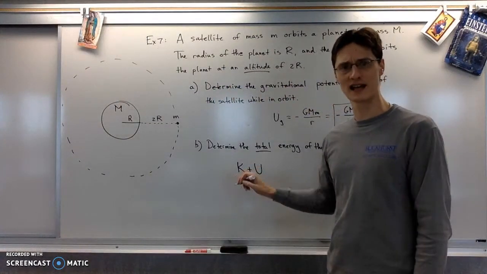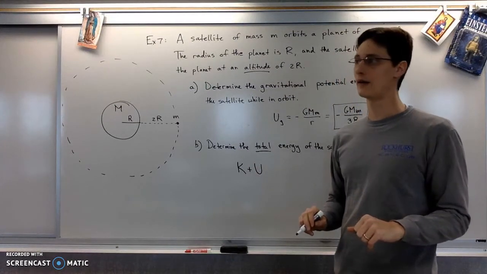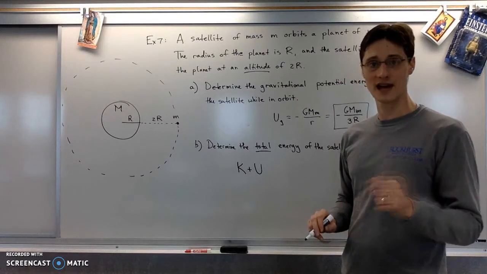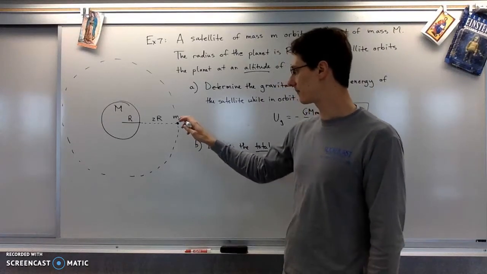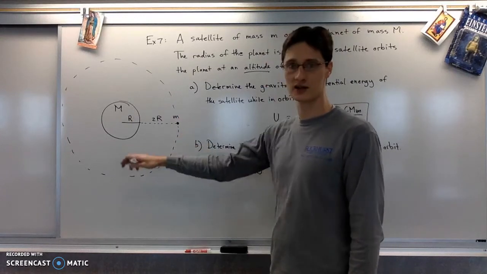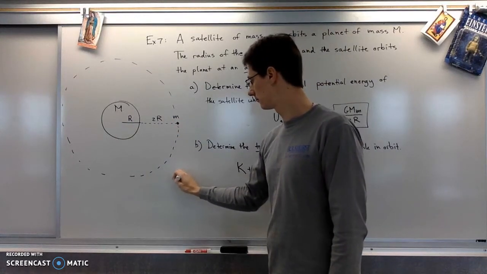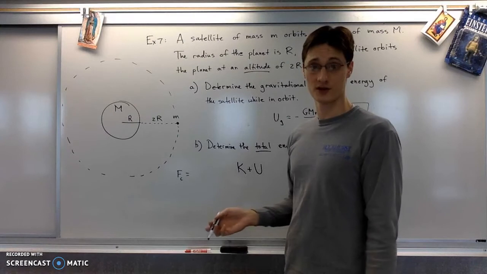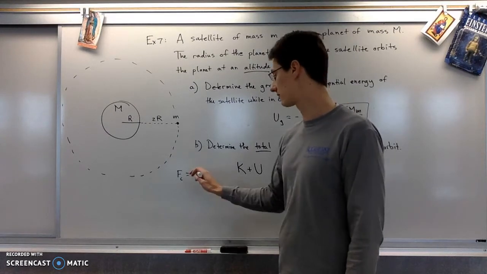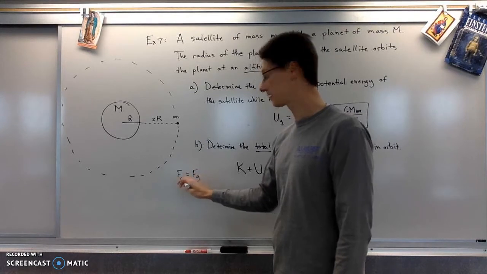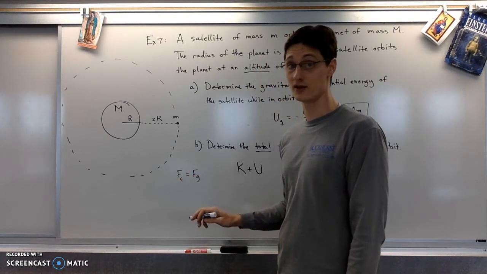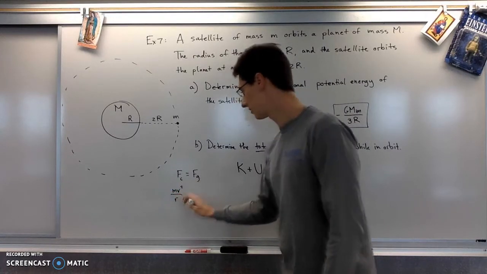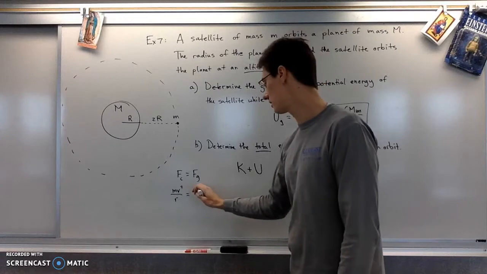If I want to know the kinetic energy of something in a circular orbit, I would have to know what its orbital speed is. All right, well, we've done that before. We've calculated orbital speed. We do that by saying, well, it's moving in a circle, so centripetal force. And the force that makes it move in a circle is the force of gravity. So that means the centripetal force equals the gravitational force. Okay, plug in the formulas for those things. mv squared over r equals GMm